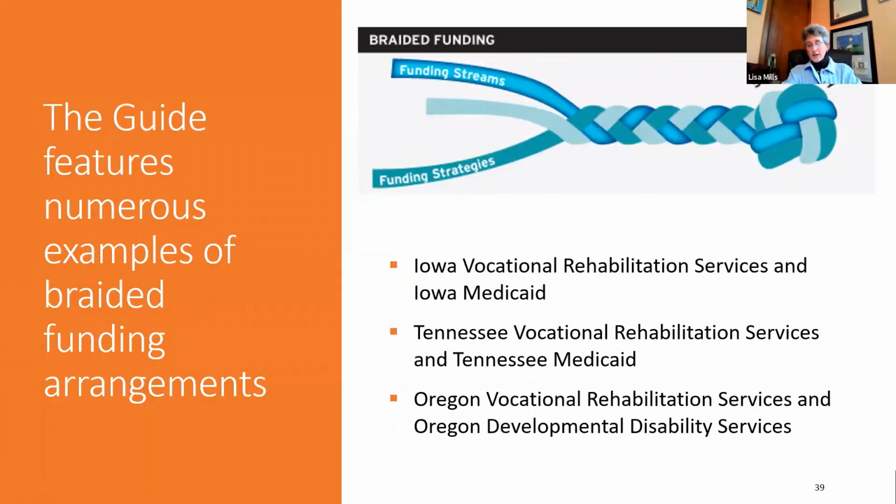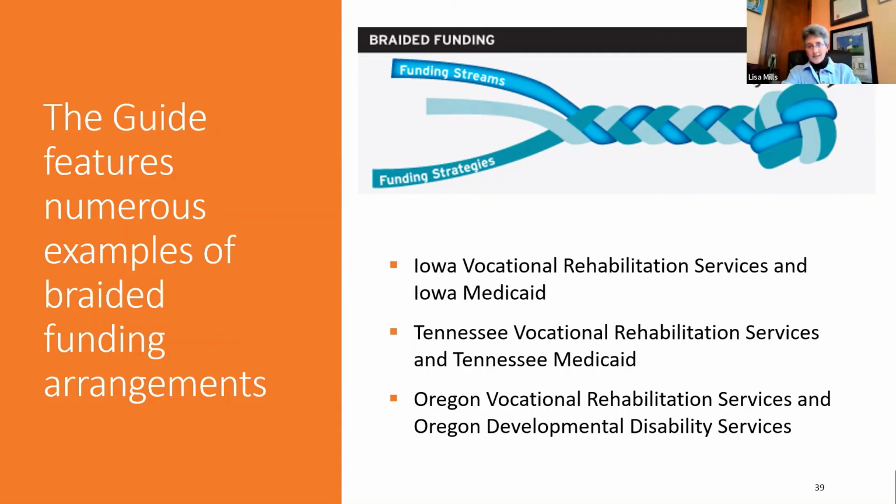I also have a section on what I think are really strong braided funding agreements. So MOUs, or memorandums of understanding, that do more than simply say we'll play nice together and we'll share data and we'll meet, but that actually lay out how they will share the responsibility for funding services in a braided funding model, similar to what you saw with North Carolina, and really spell out the commitments that they're making. I want to highlight Iowa there at the top because that model, I learned an awful lot working with Iowa. That model is very, very strong and covers both individuals with behavioral health needs and people with intellectual and developmental disabilities,